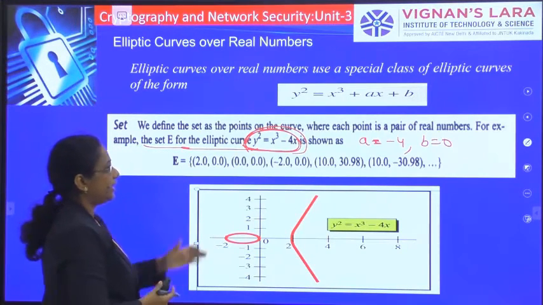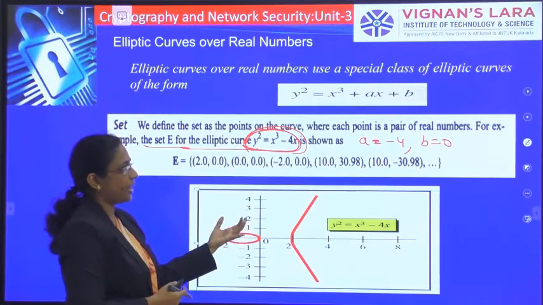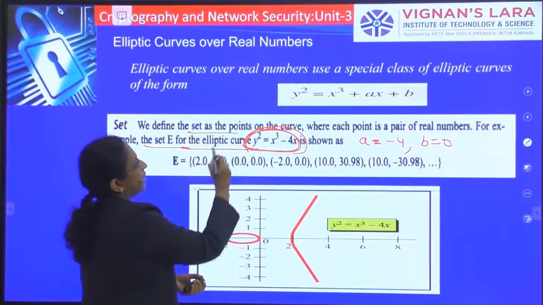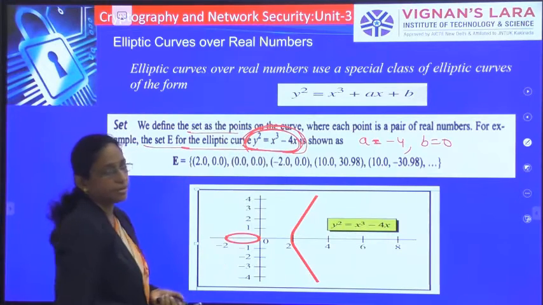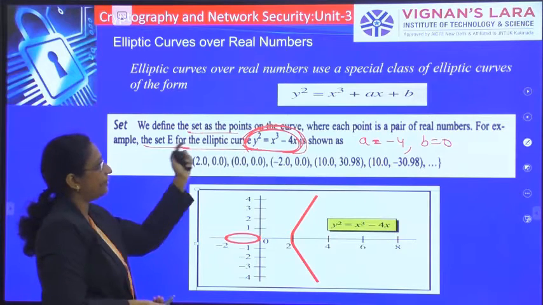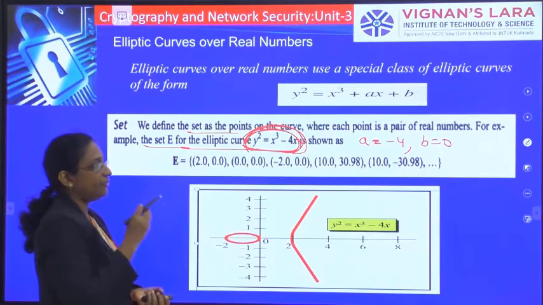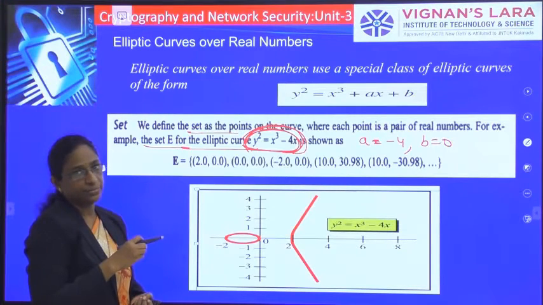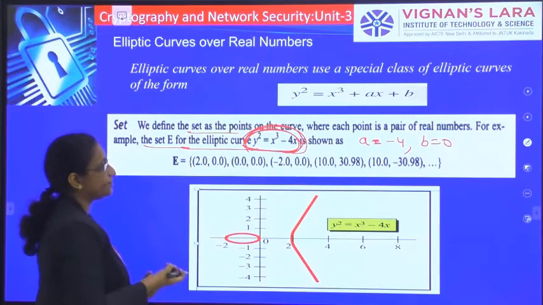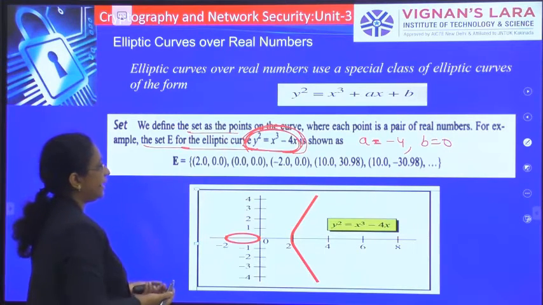Now taking this curve, I have to create a set of points on the curve. Taking this equation, I have to define a set as the points on the curve, where each point is a pair of real numbers. Whatever numbers we are getting should be a pair of real numbers. So for example, I have taken x equal to